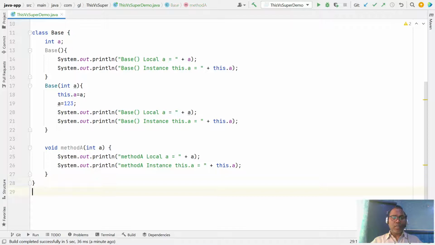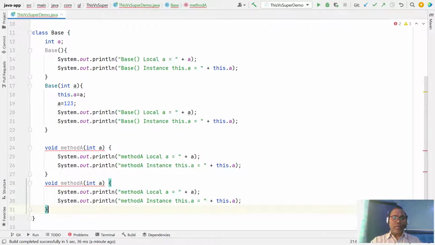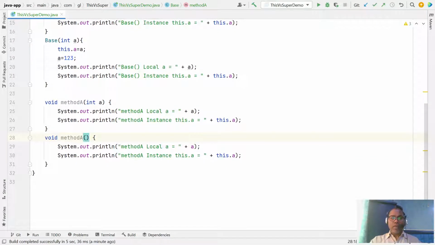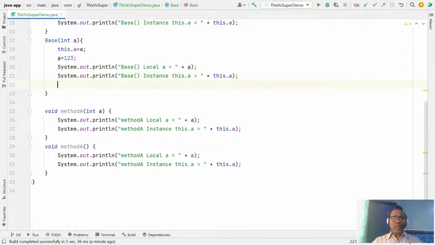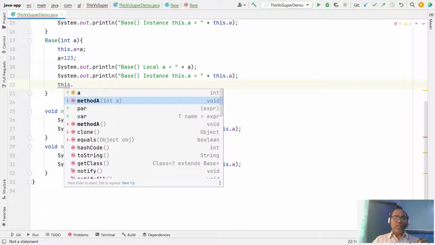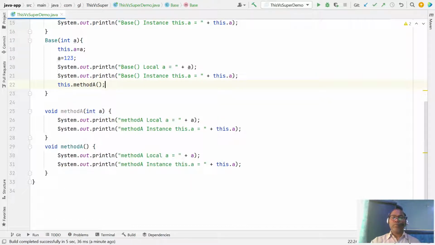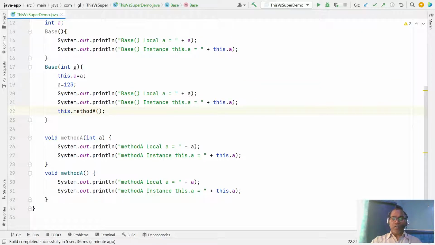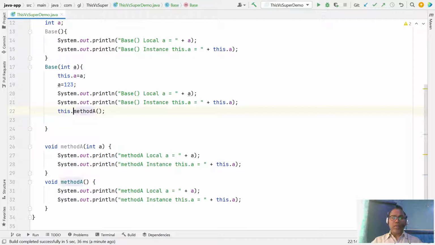Or even you can access your instance method. Let's see, we have a method without a. So without a, here you can access it. So the second use of this keyword is to invoke your instance method. Or even you can invoke it directly, because method A is not overloaded, it is only one method.